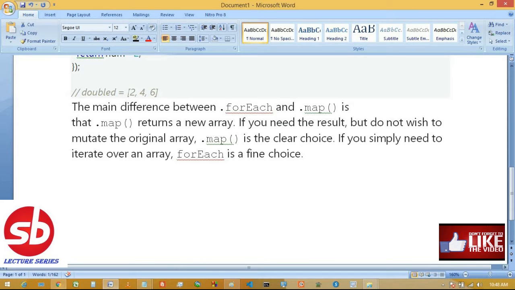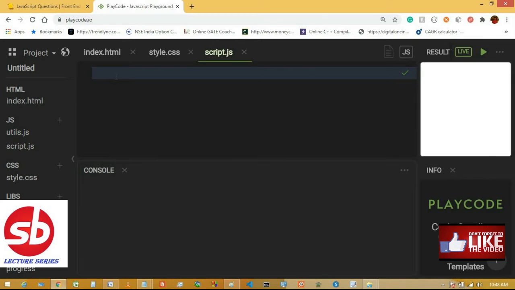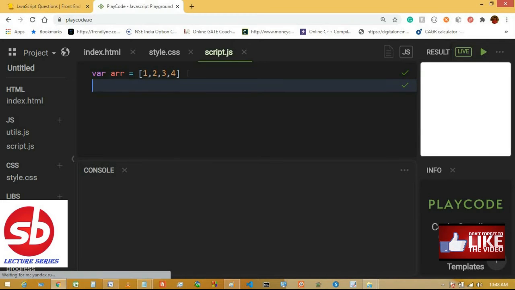Okay, so now for the example purpose, suppose I am taking an array: 1 2 3 4. Next we want to iterate through the elements of this array.